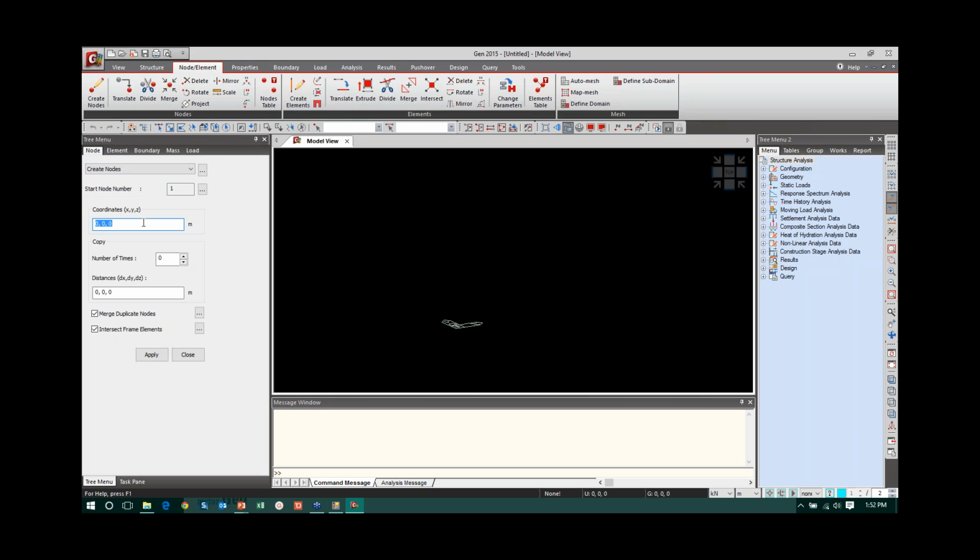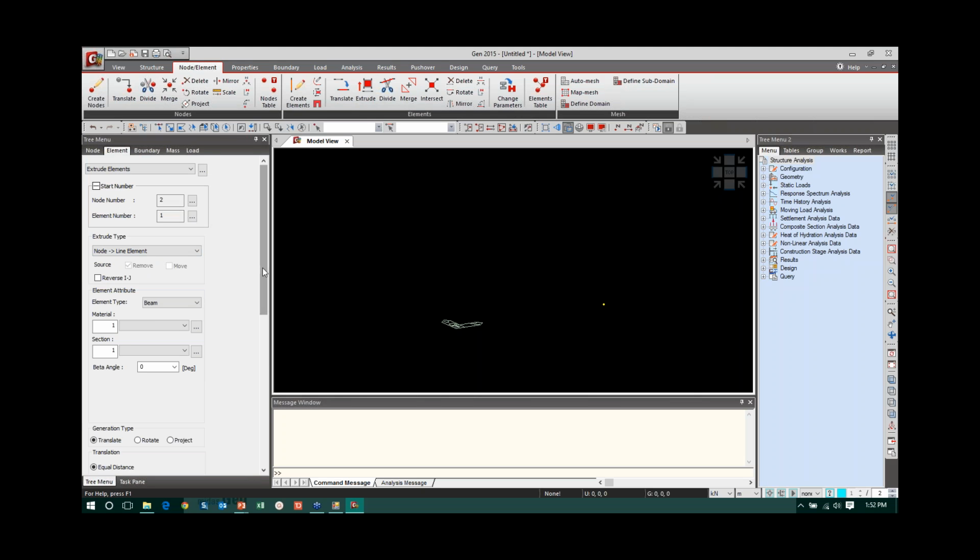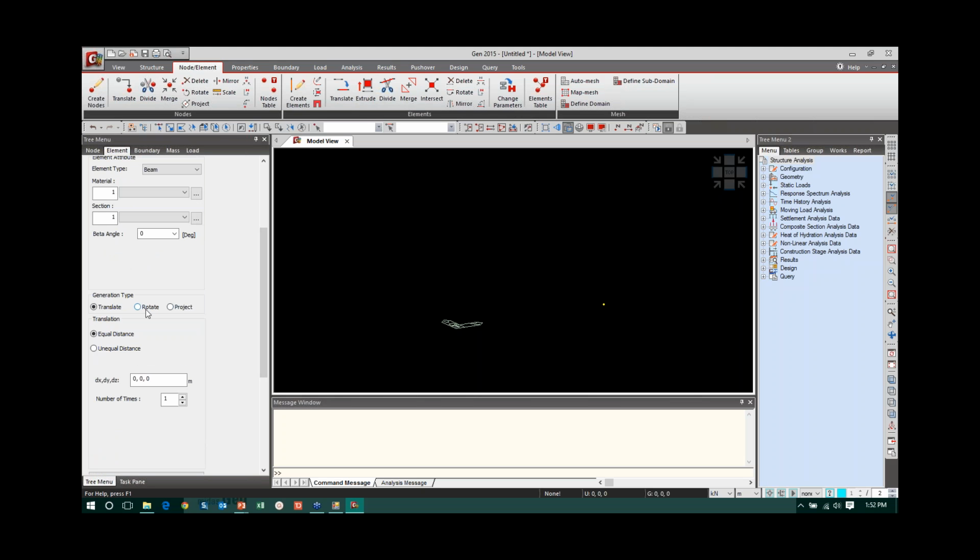I am creating a node at 5 meters from the origin in the X direction. So I just created a single node at that point. Now I'm going to the extrude command. I'm extruding my node to line element, node to line element in the translate direction, unequal distance in the